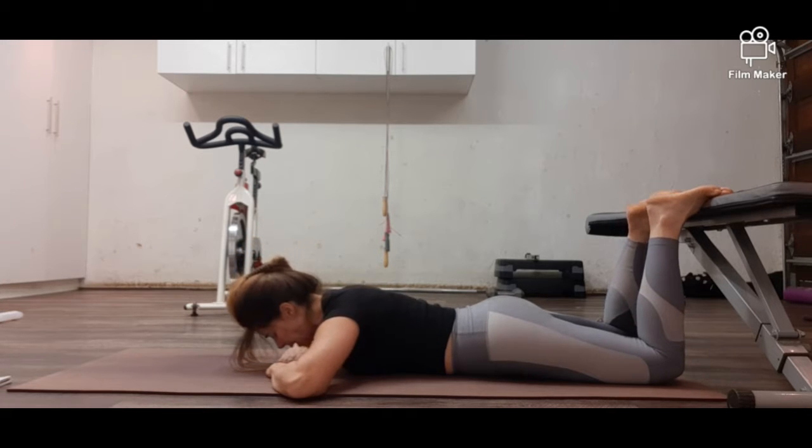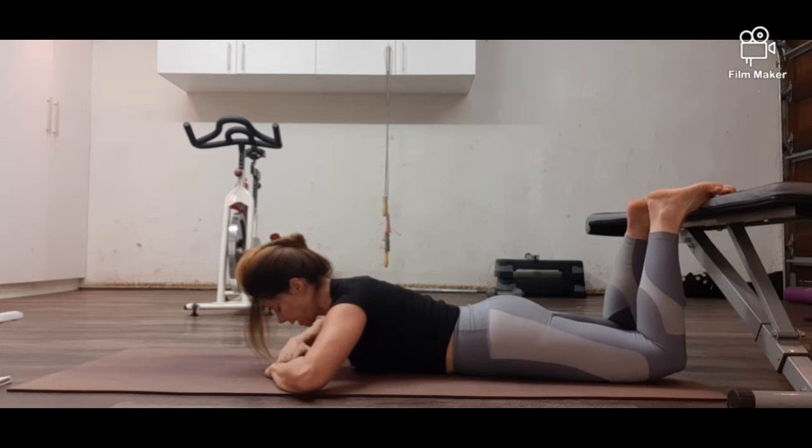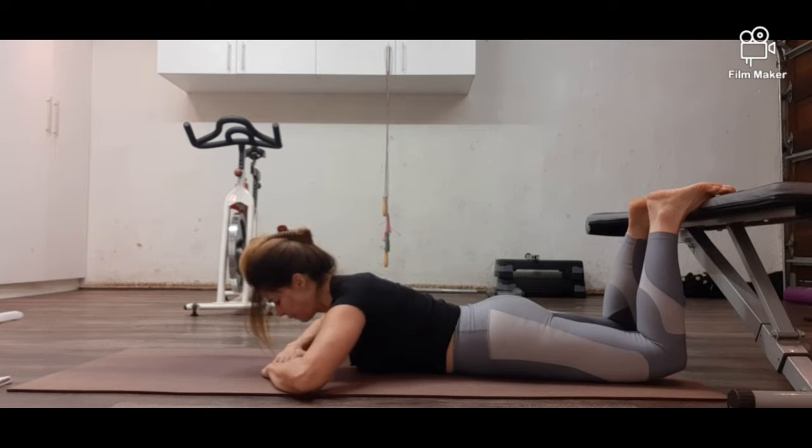Inhale, engage. Exhale, lift up for 1. Stay up if you can. If it's too much, you're going up and down. 2, pull the tummy in. 3, so it's almost a salute. 4. If you can go a little higher, 5,